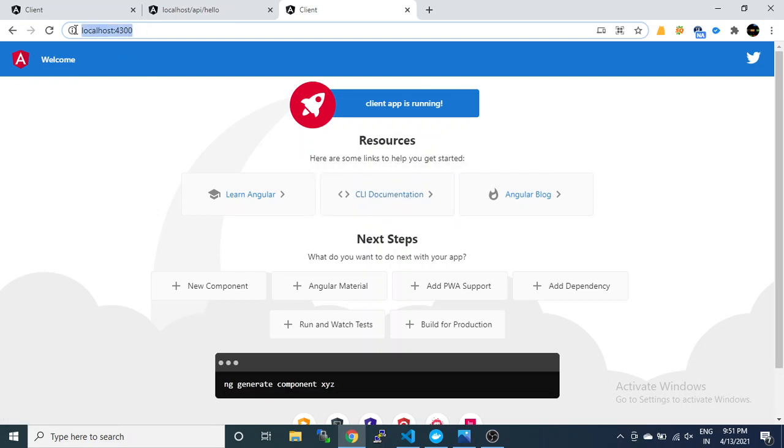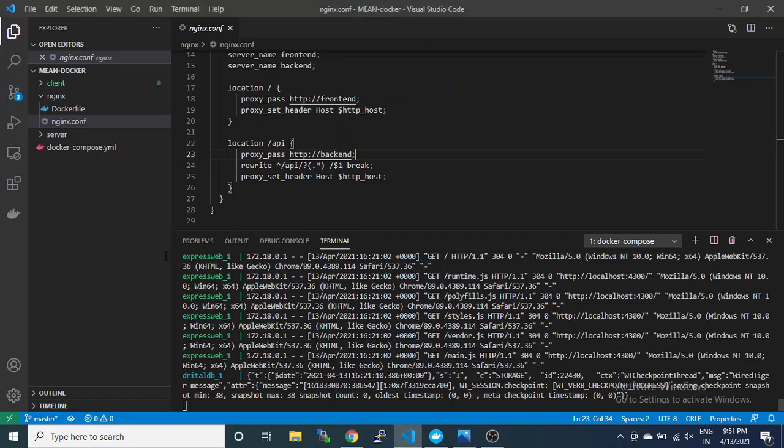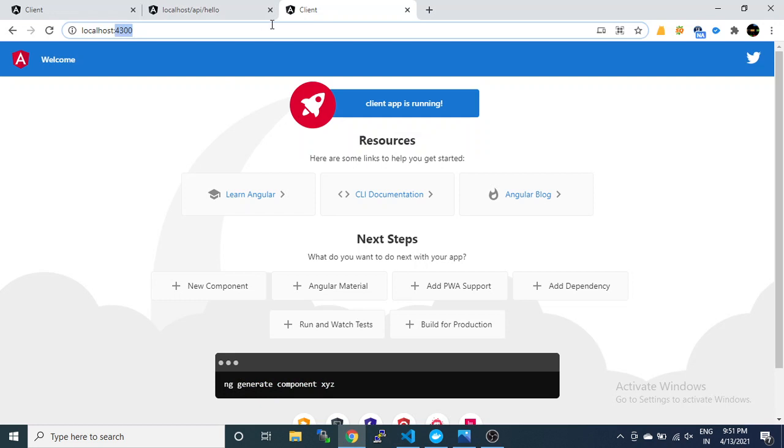We are not using the reverse proxy this time because we are directly hitting the container, and the container is exposing its port 80 data to 4300. So we have mapped here, you can see we have mapped Express Web from 80 to 4300. So it is container and it is browser. Similarly, we have 5000 on both sides, so 5000 will return the API. You can see it is working.